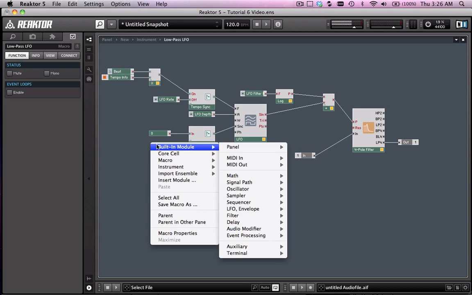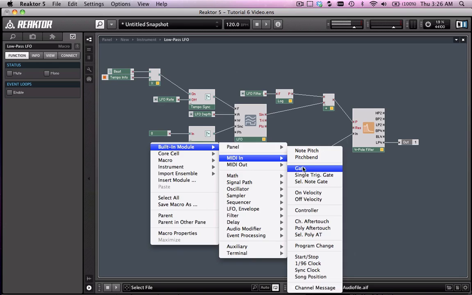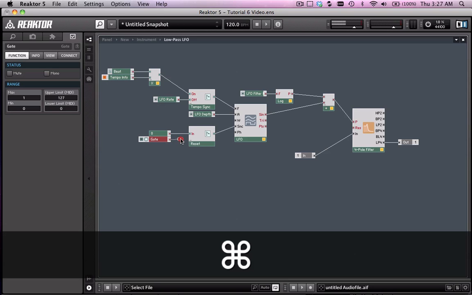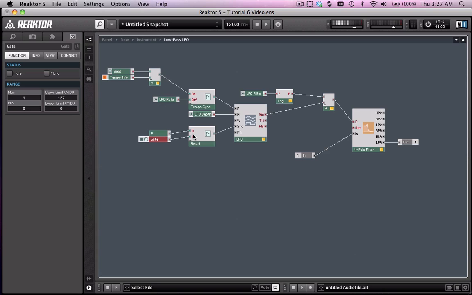So we would do this by adding a gate here, and we've already added a gate in the outer modules, but the nice thing about Reaktor is that you can use all this information any way that you want to, and you don't have to draw everything from one gate input, for example. We can implement it wherever we need to keep things looking nice. So yeah, we're going to add a gate and hold command and add that to our switch,